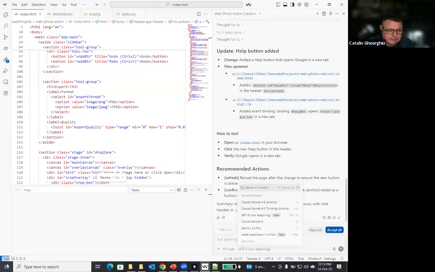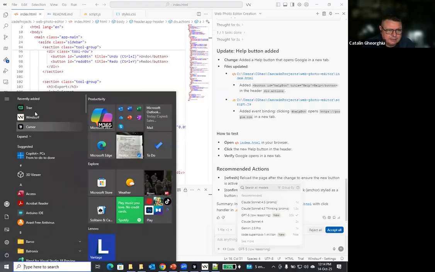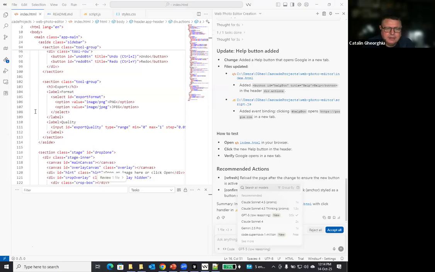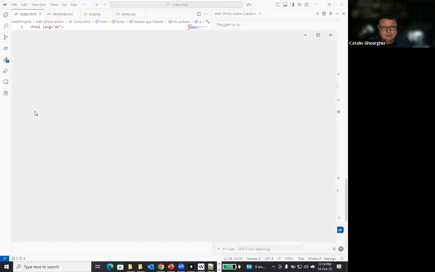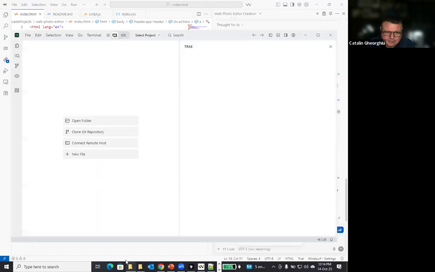So moving to the next one, I will be trying this one. Again, a fork of Visual Studio, and let's see. Let us close some of these.